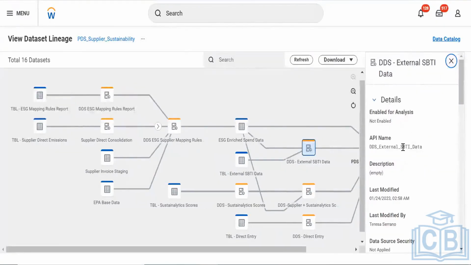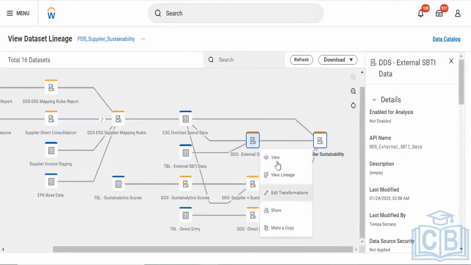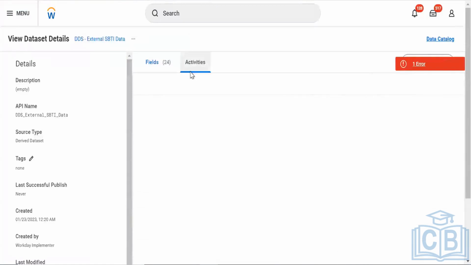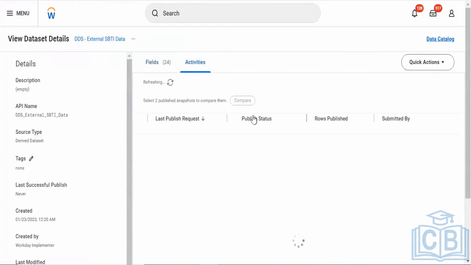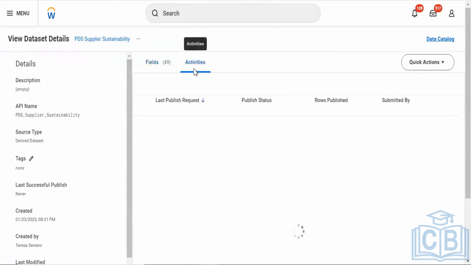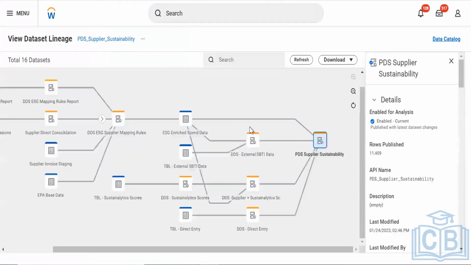If I click on it and open this view, here we will see the difference.